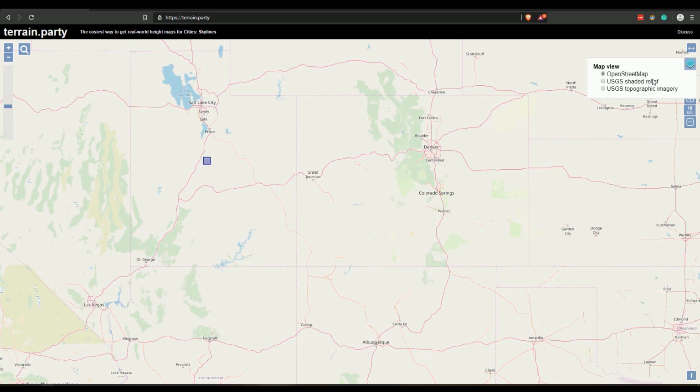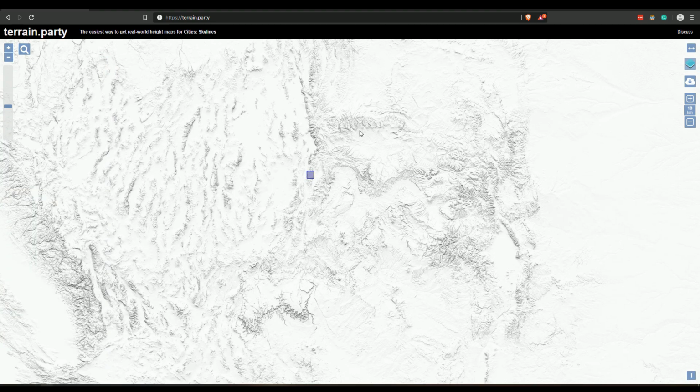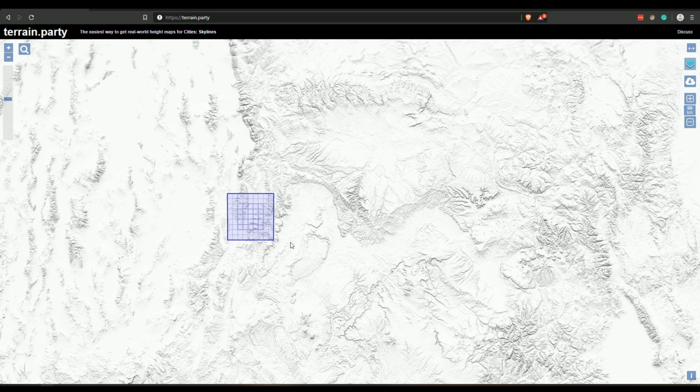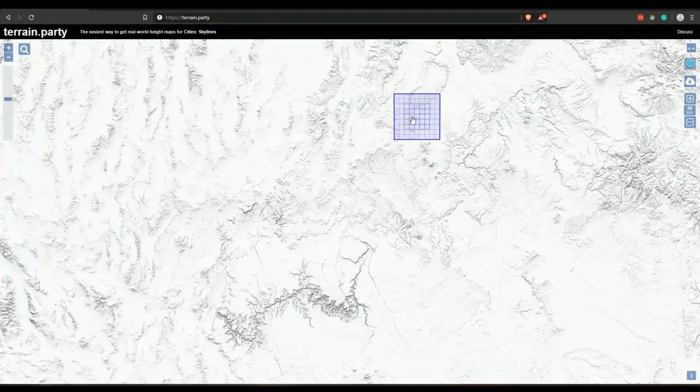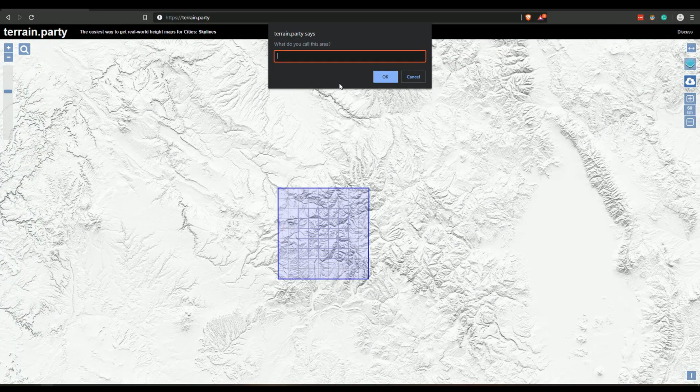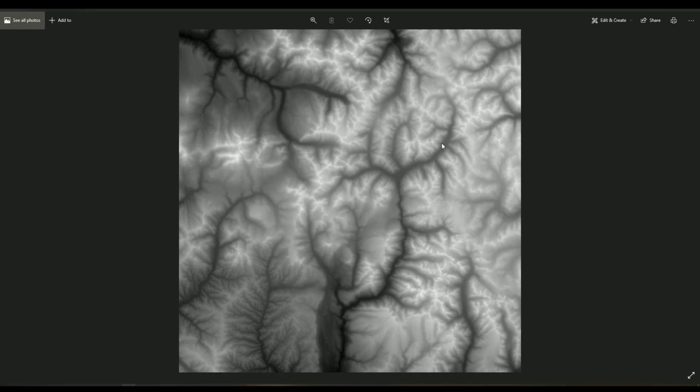I'm going to switch it over to this shaded relief because that shows us kind of the height map, and then increase our box distance. Find an interesting place. Download it and give it an interesting name. The height map downloads as an image, which is exactly what we want to plug into Blender to create our